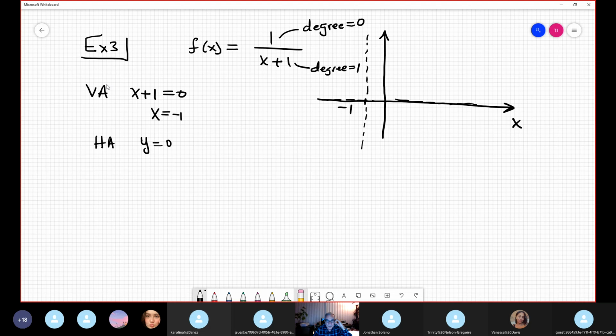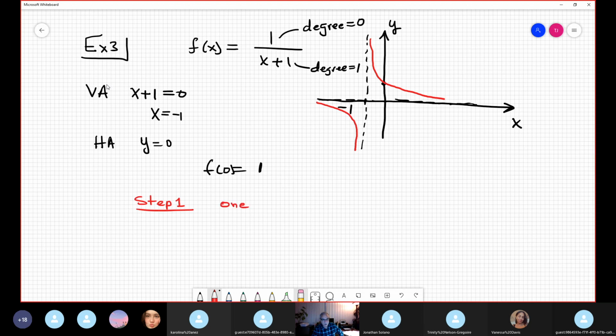Suppose we are finding an additional point. One interesting point is the y-intercept. It's at x equals 0. Entonces 1, because 0 plus 1 is 1, 1 divided by 1 is 1, so (0, 1) here. Now I suppose, hypothetically, I do a complete analysis. But okay, much better using decimals, and you see the curve looks like that, approximately. Entonces now, in the analysis of the inverse, remember in step 1, I need to see